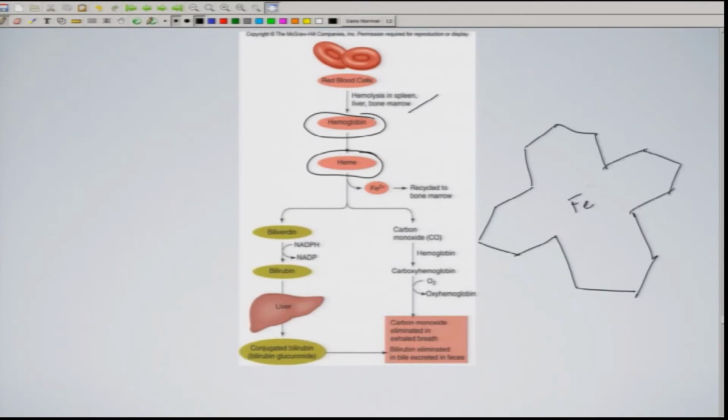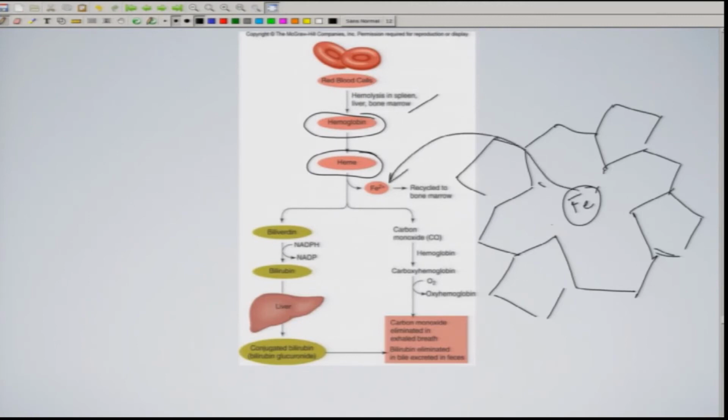So here the heme moiety is sitting. It's a more complex structure, I am not showing at this time, something like this. So if you remove the heme moiety sitting here, the rest of the moiety without this is the heme moiety. Okay. So this heme moiety is converted into biliverdin. By NADPH action, it is converted into bilirubin, and bilirubin is taken by liver and conjugated, forming the conjugated